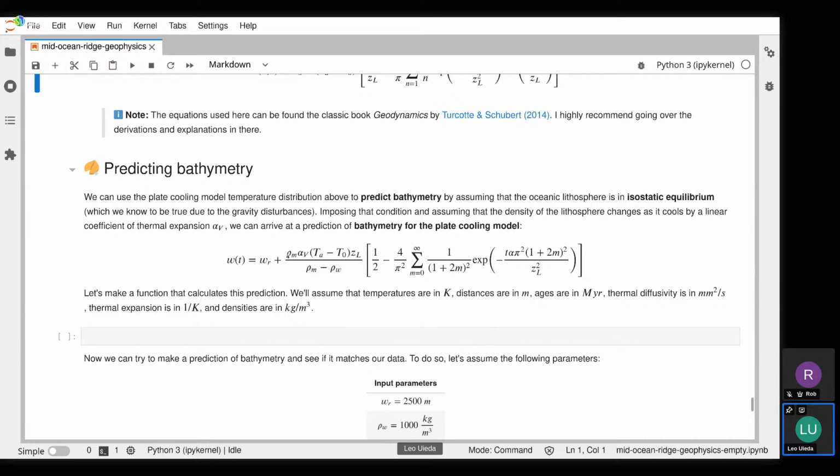The rows here, so rho m and rho w, are the density of the mantle and density of water. Alpha v is the thermal expansion coefficient. Ta and T0 are the temperatures at the asthenosphere and the surface. ZL is this maximum thickness of the lithosphere. Then we have an infinite sum here with m equals 0 until infinity, and an exponential here that depends on